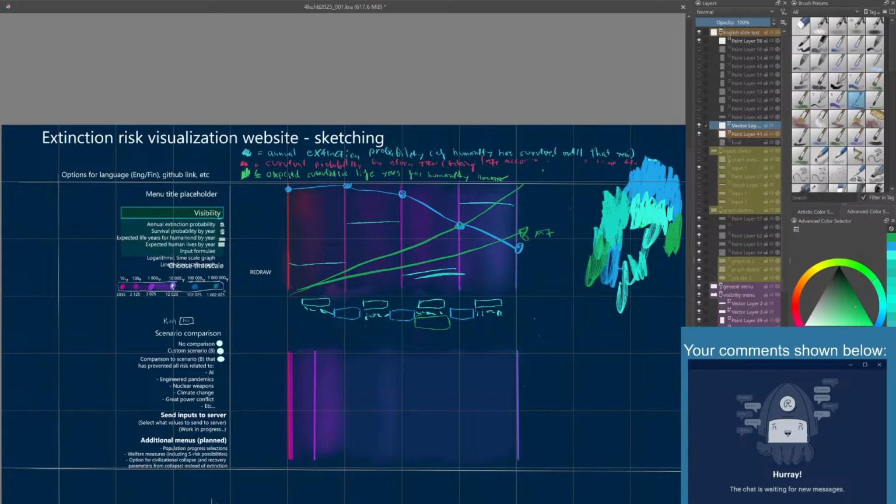How well is it gonna work if I try to put... if I try to put... try to make this